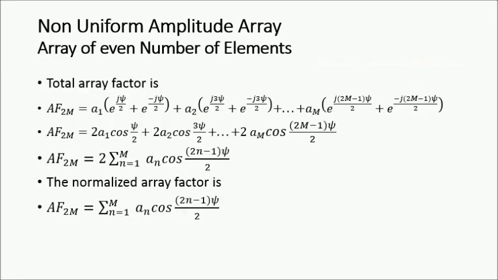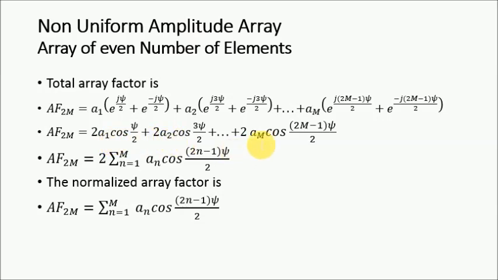Now if I rearrange this, you can see how I can rearrange. What is e raised to j theta plus e raised to minus j theta? It is nothing but 2 cos theta. And if I use this identity here, the whole expression of the array factor will become 2a1 cos(psi/2) plus 2a2 cos(3psi/2). What are a1, a2? These are the amplitudes. Then we have the non-uniform amplitude, so a1 is not equal to a2, likewise it is not equal to